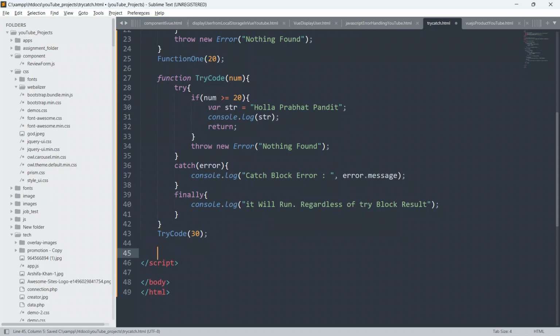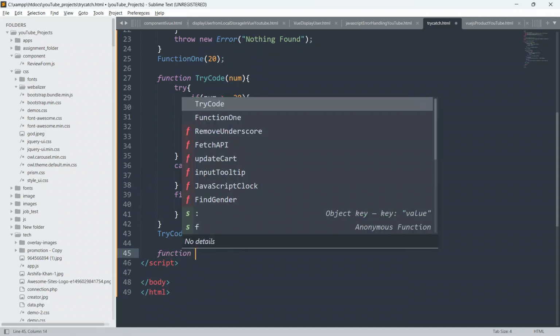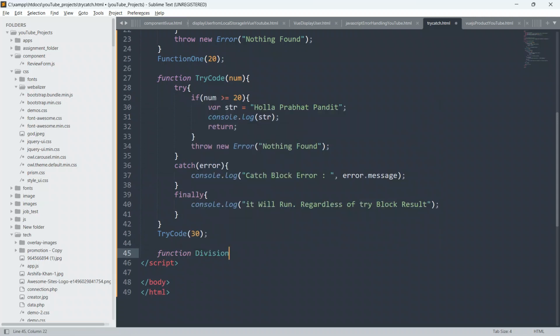Give the function name as division, and I will pass two parameters here, a and b. I will add the comment also, where a is greater than 0 and b does not equal 0.